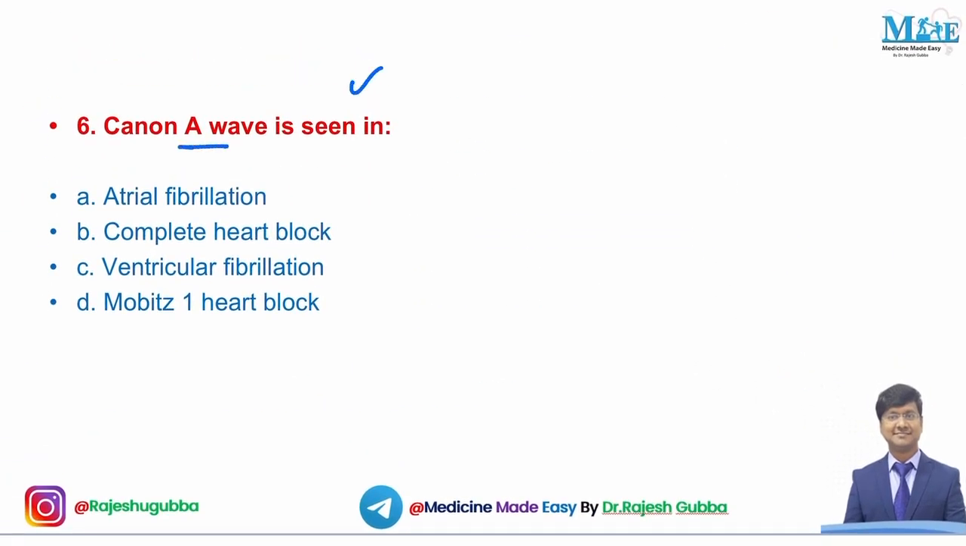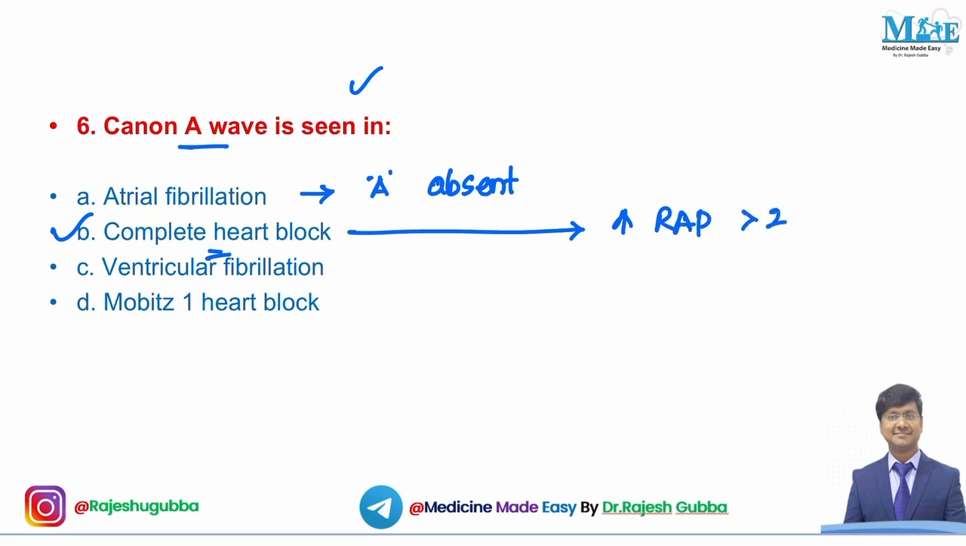Cannon A wave is seen in atrial fibrillation, complete heart block, ventricular fibrillation, Mobitz type 1 heart block. So in patients with atrial fibrillation, the A wave is absent. Right, the A wave is absent in patients with atrial fibrillation. And in case of the complete heart block, you have the presence of the cannon A wave. So cannon A wave in the complete heart block represents increase in the right atrial pressure, right, more than 20 millimeters